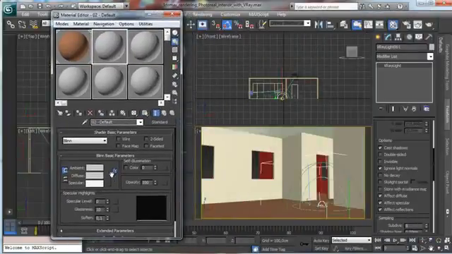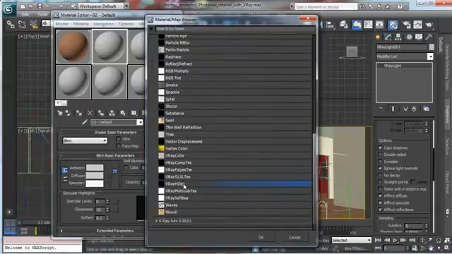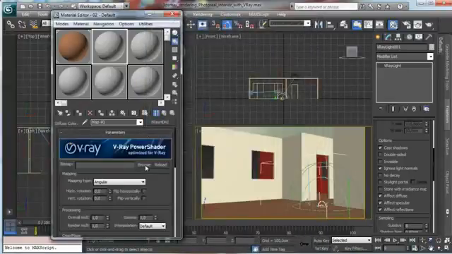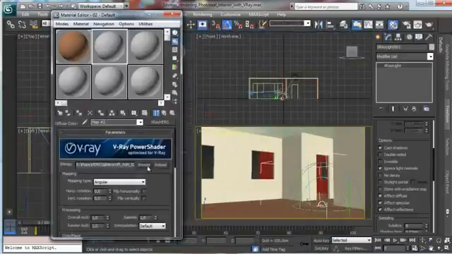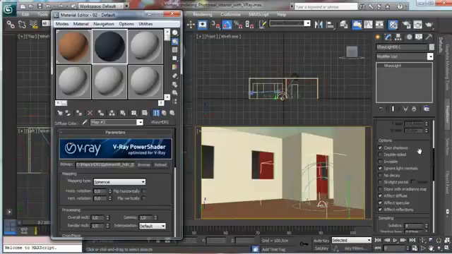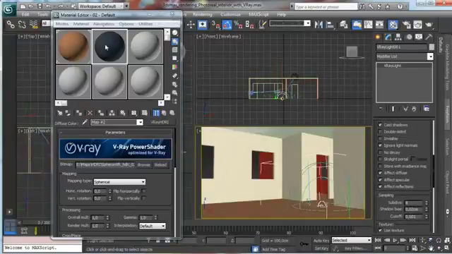So we go there, and on a slot we use the VRay HDR, and we use a map coming with 3ds Max for the moment, and we say that this one is spherical, and we assign it as texture, and we say to use 124, and it is a full dome. Okay,